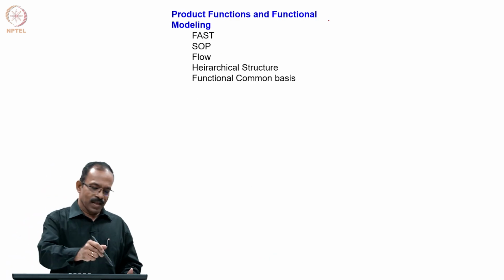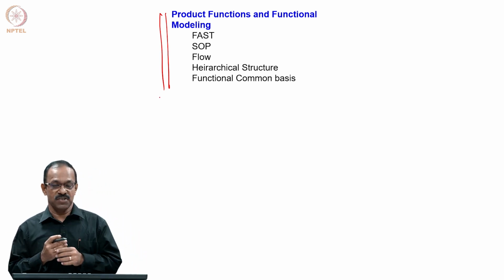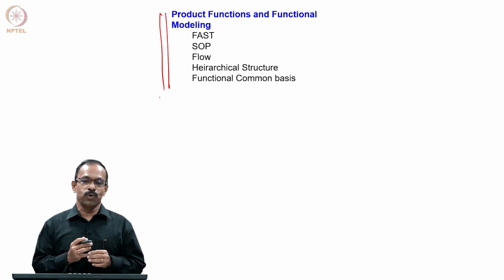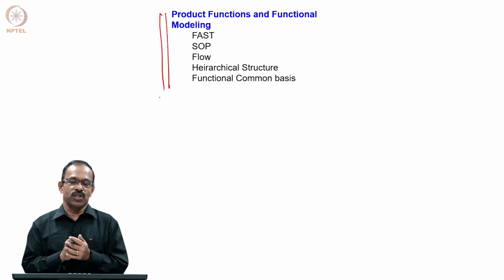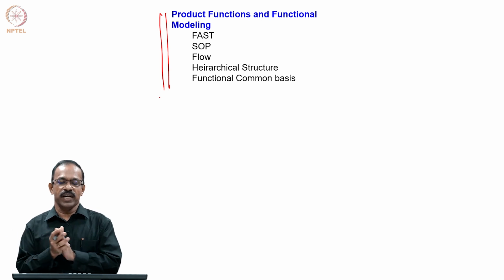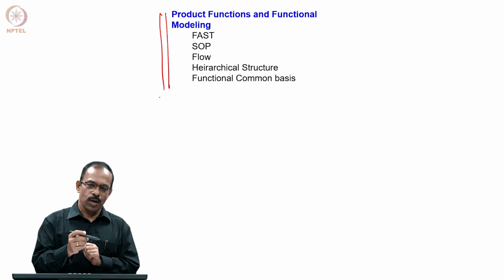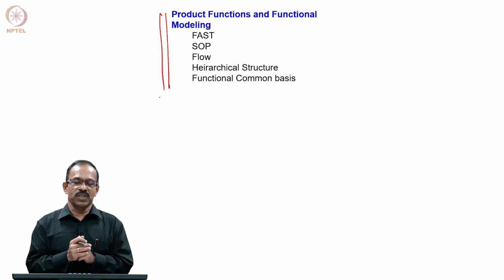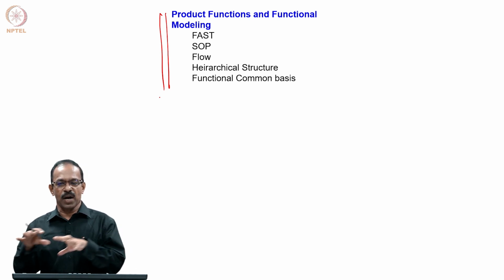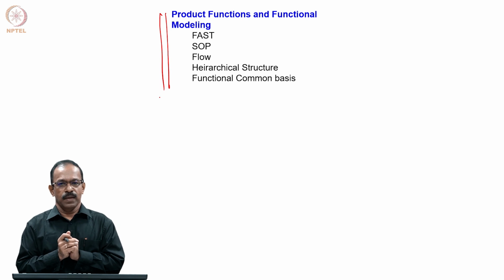And to meet the product specifications, we need to improve or modify some of those features in the product, and decide what feature to be modified to get a desired specification or performance requirement. We need to look at what is happening within the product, and decomposing the main function of the product into smaller functions is known as functional decomposition.